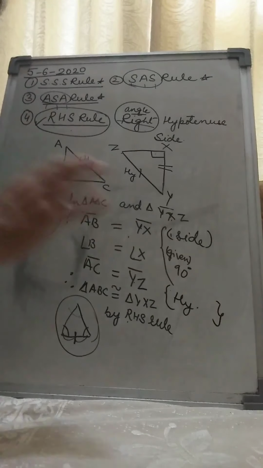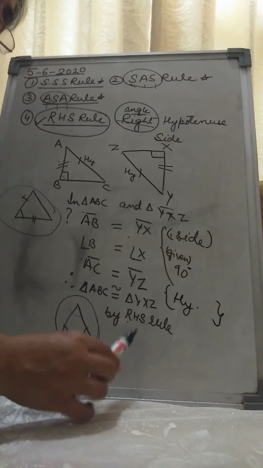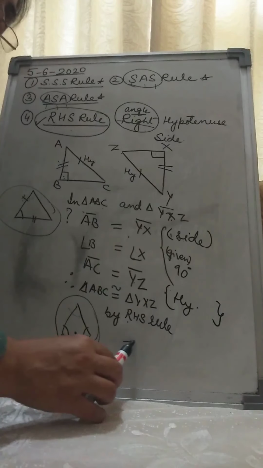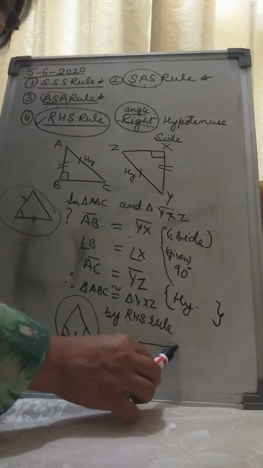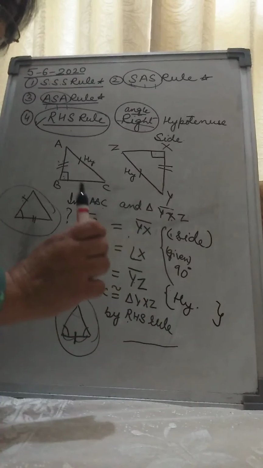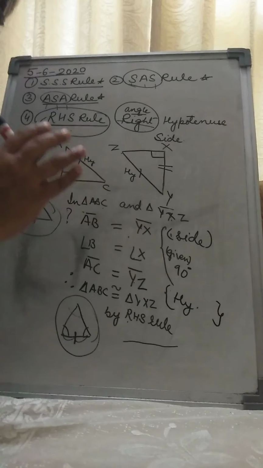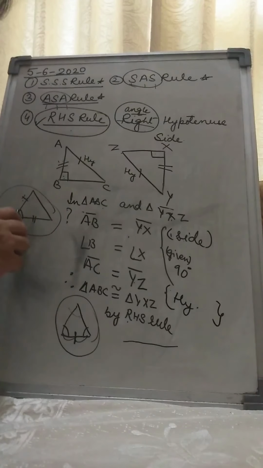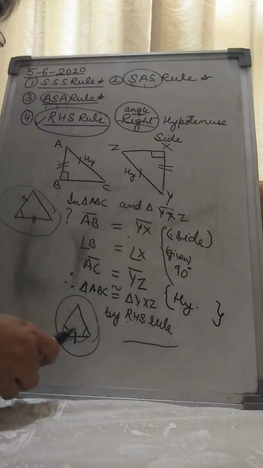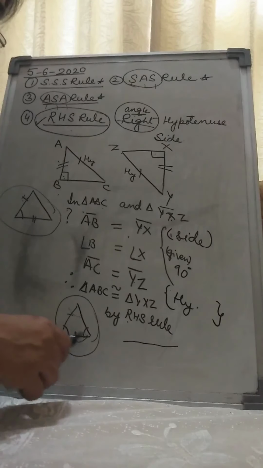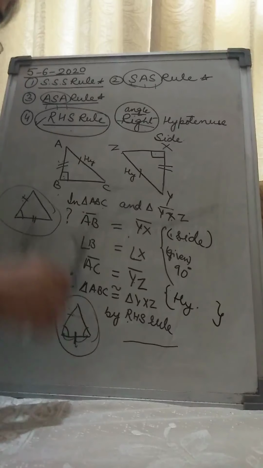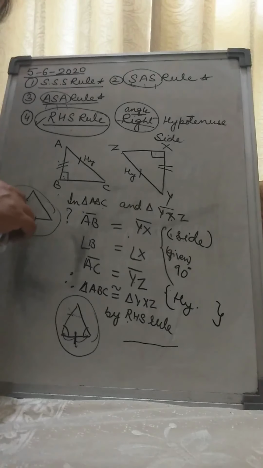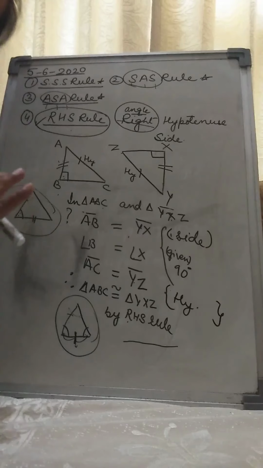But in these two rules, just make it a habit. When you are taking the sides, it should always go in continuation. This is the easiest way. You will never ever make the mistake in angle, side, angle. You don't have to look for the angle here, and you don't have to look for the side of this. So this side should be between these two angles, and here the angle should be between these two sides.